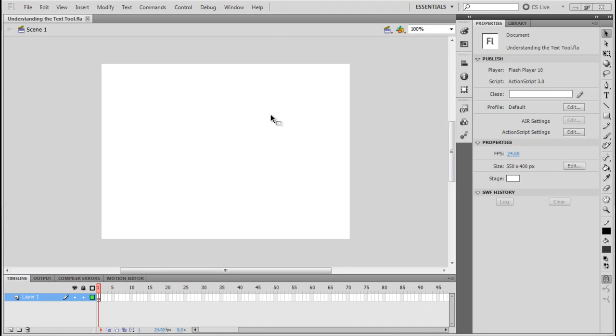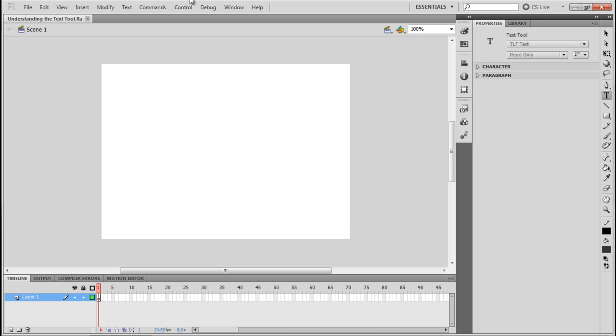We are now going to explore the text tool. So the text tool in Flash is located right here on the tools panel, and it has a keyboard shortcut of T. So I'm going to press T on my keyboard to bring up the text tool. Okay, so I have my text tool selected, and we'll have a close look at the properties of the text